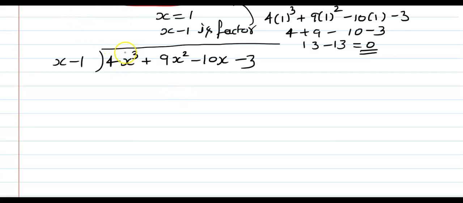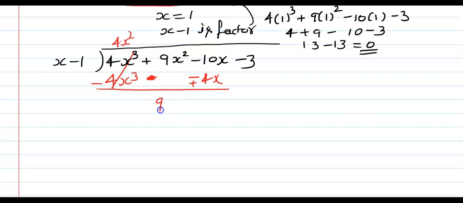So x minus 1, so we can take here 4x square. 4x square times x is 4x cube. 4x square times minus 1 is minus 4x square. So minus 4x square we can write down here under minus 4x square. This is nothing, and take away minus and it is plus. So cancel. Now we got here 9x square minus 10x plus 4x square is minus 6x. As I told you, whatever sign is here you need to put same sign. Okay, is that right? So plus 9x square,